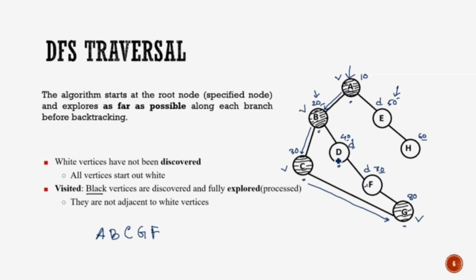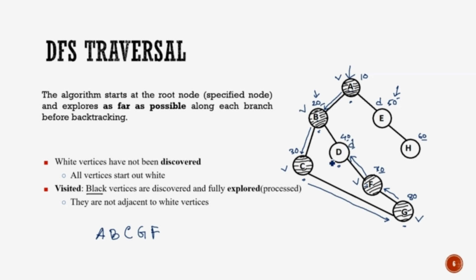So that means this node is already discovered from node B. However, this node is not visited. So we can assign the visited mark to node F and move to node D. So we move to node D from F, and we came to node F from G. So when we come to the node at address 40, we see that the content is D.